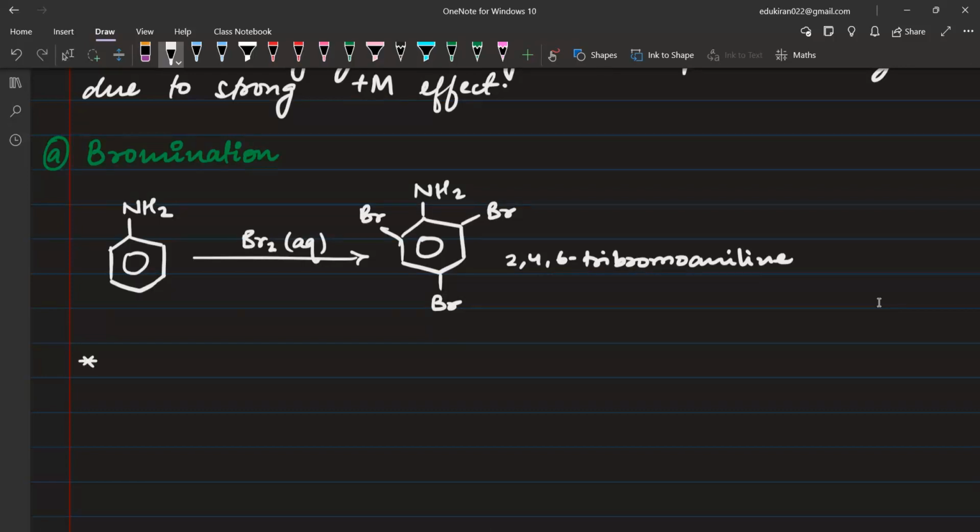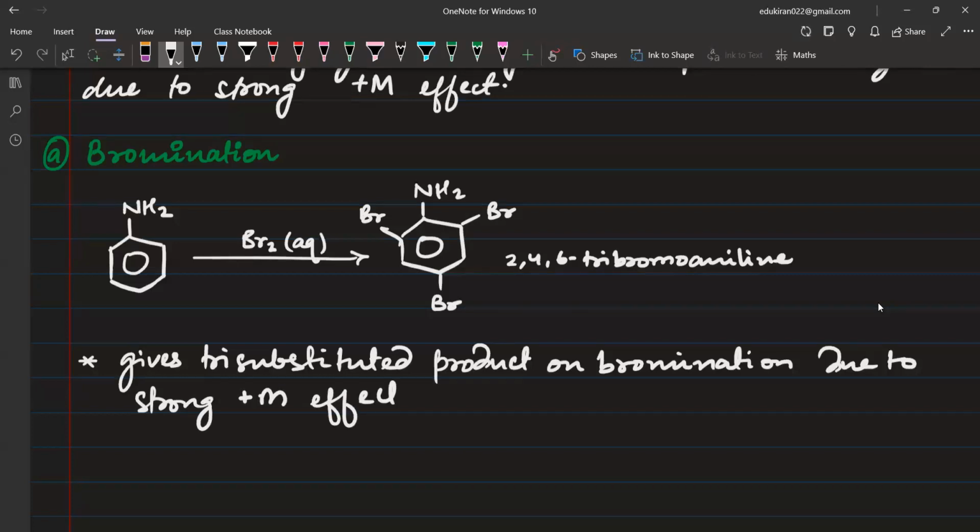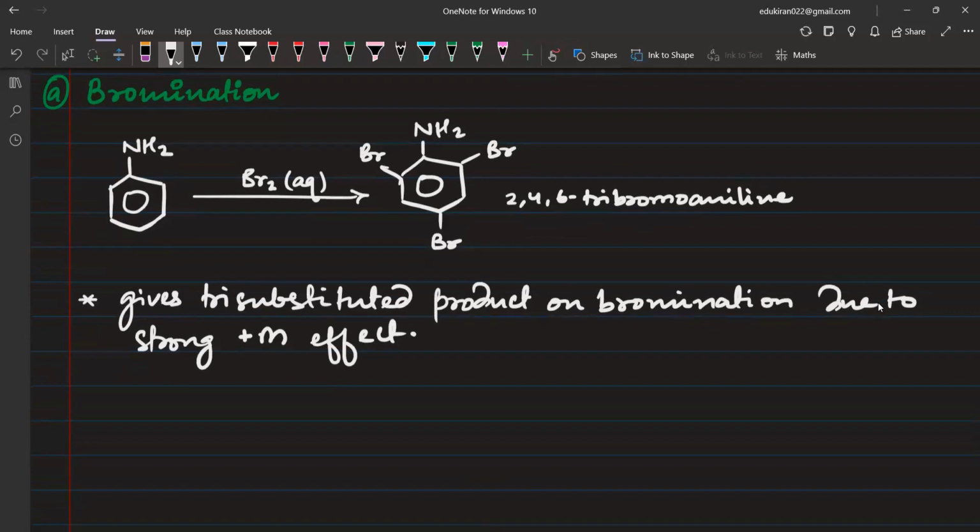तो पहला चीज तो आप यहाँ पे लिखेंगे it gives tri substituted product on bromination due to strong plus M effect. हाँ. अब इसके बाद, जो अगला सवाल आ सकता है, एक सवाल ये आएगा, why do we get tri substituted product due to strong plus M effect. अगला सवाल जो आपके पास आ सकता है that is how can we get mono substituted product. ठीक है. So उसके लिए प्लीज राइट to control